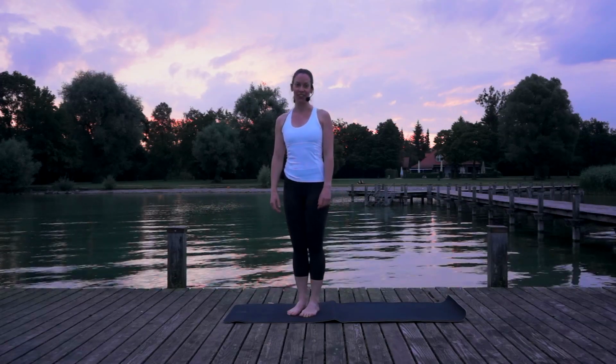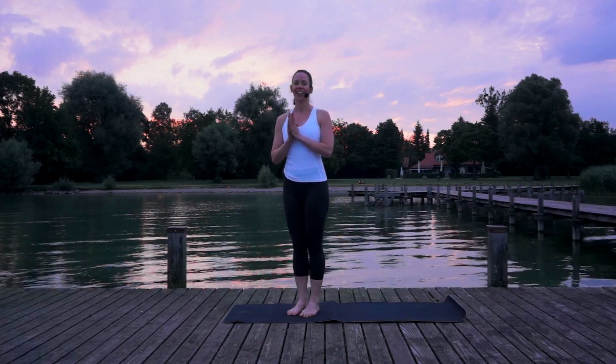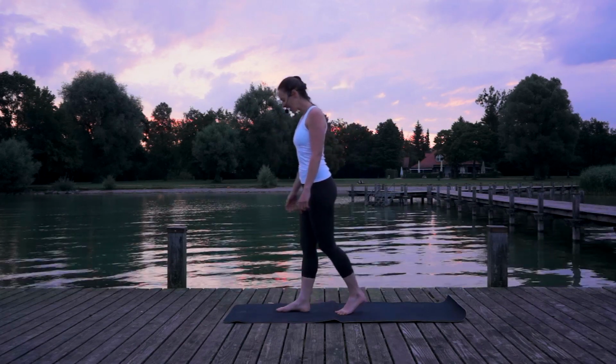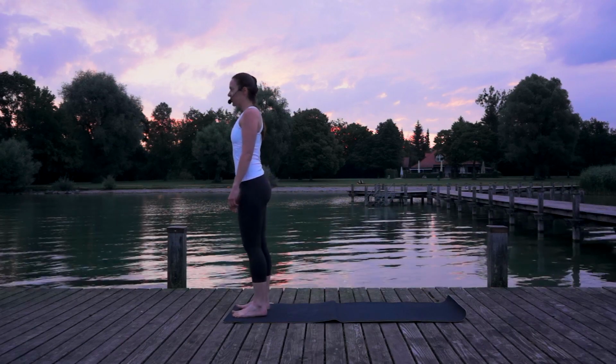It's a wonderful early morning here at Lake Starnberg. It's around, I think, 5 o'clock. It's a bit cold, but here we go for an early morning yoga wake-up session. And it's actually perfect if you're not yet fully awake, because you also want to just focus on